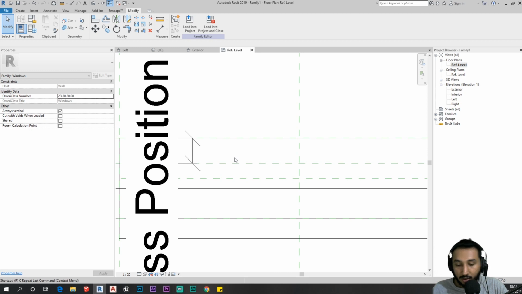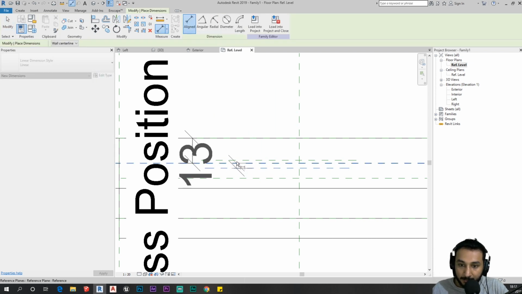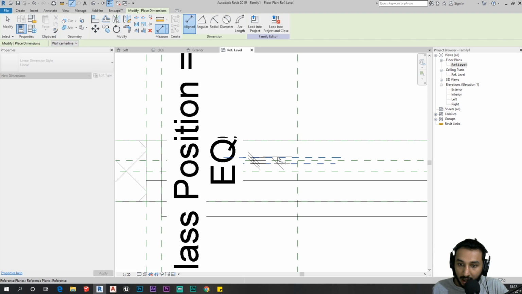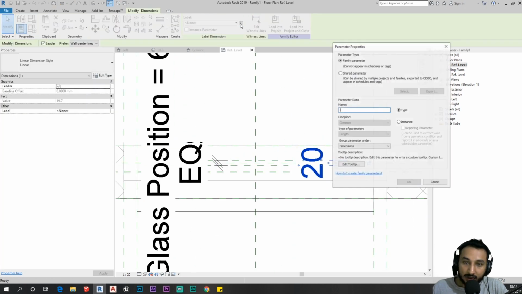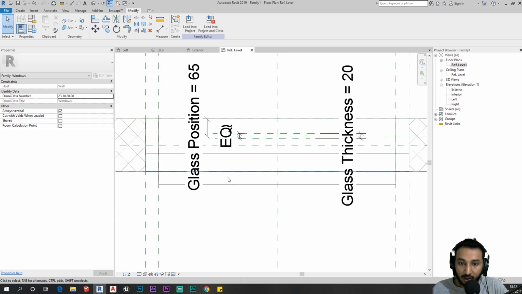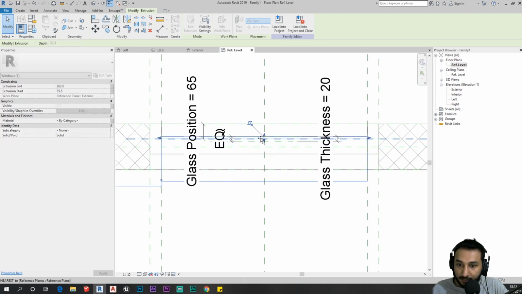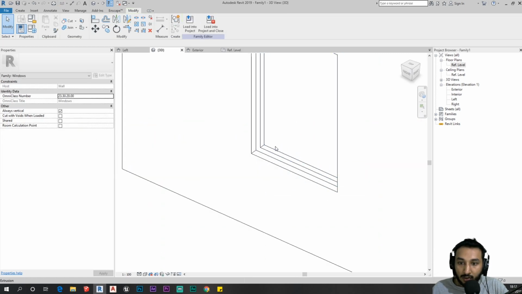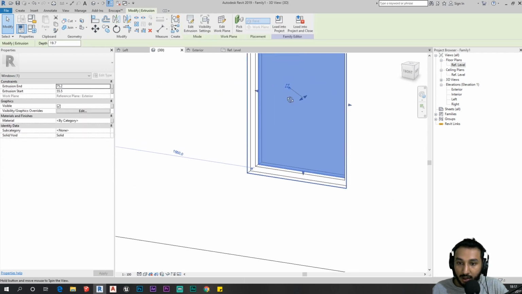And now I can just draw 2 additional reference planes and call that the glass thickness. Make it equal to our reference plane, and give the overall dimension. So I'm going to call this the glass thickness. Alright, just change the scale to 1:10 so that I can see all our dimensions. And now I'm going to snap this and lock it in place. So we have our glass thickness,